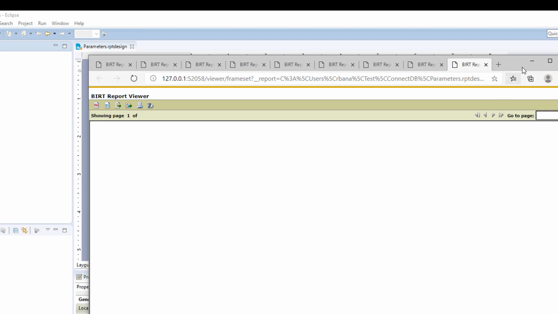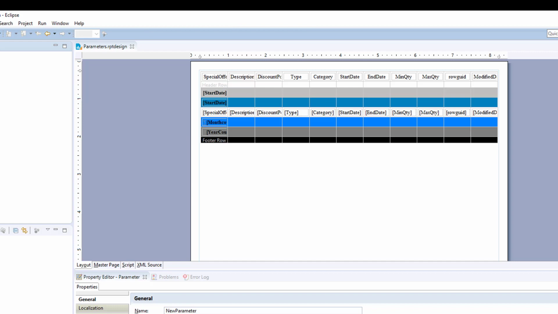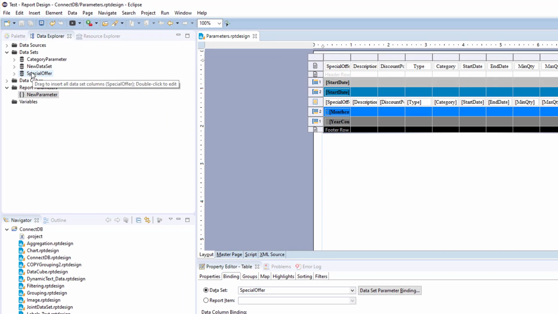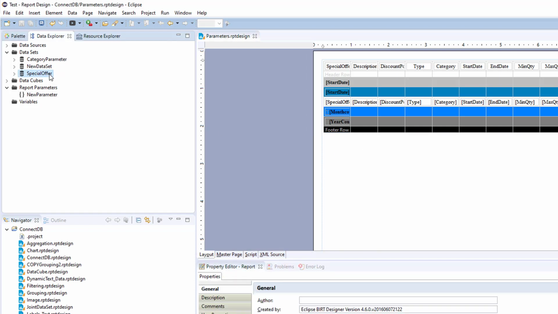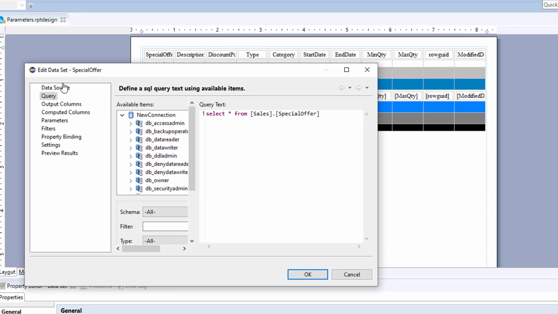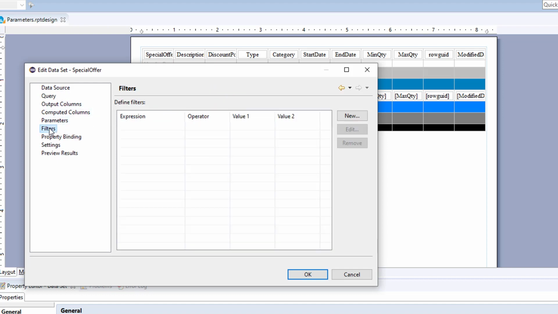But now we need to add that to our data set. We can add it to our table, but let's do it to our data set, which is a more efficient way to do it. So for our table, our data set is special offer. So we'll go into the special offer data set. And for this example, we're going to add this parameter as a filter. So we'll select new,